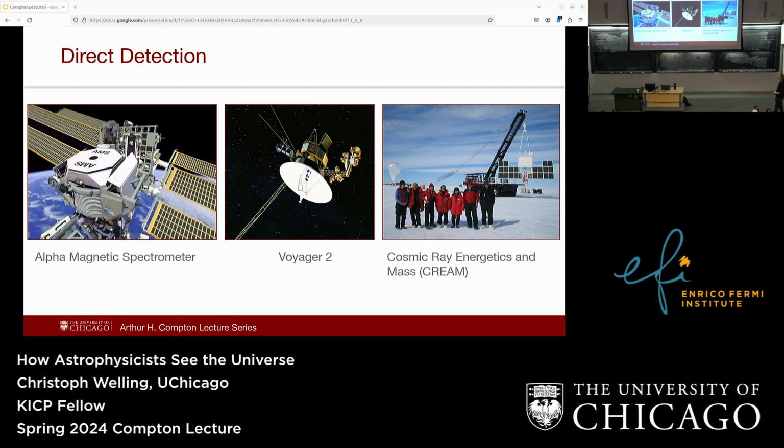Or you can do what Victor Hess did back in the day and just strap your particle detector to a balloon. If you have a very high altitude balloon, the density of the atmosphere up there is so low that most of the particles are just going to reach your detector directly instead of colliding with the air before they reach you. So you can measure this directly, and having a balloon obviously is a lot cheaper than going to space.